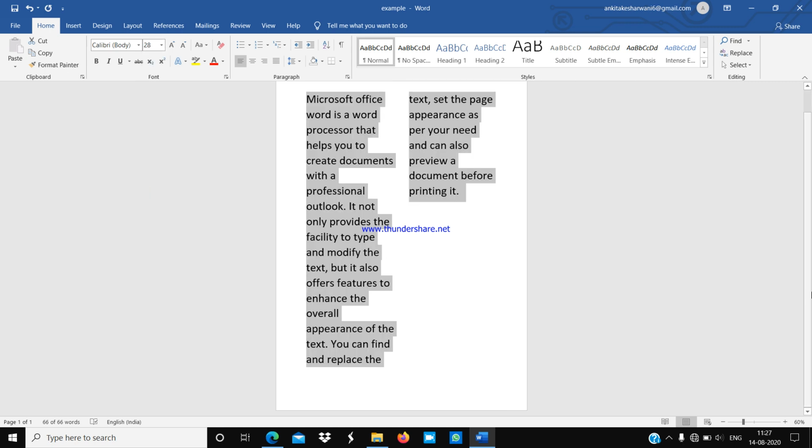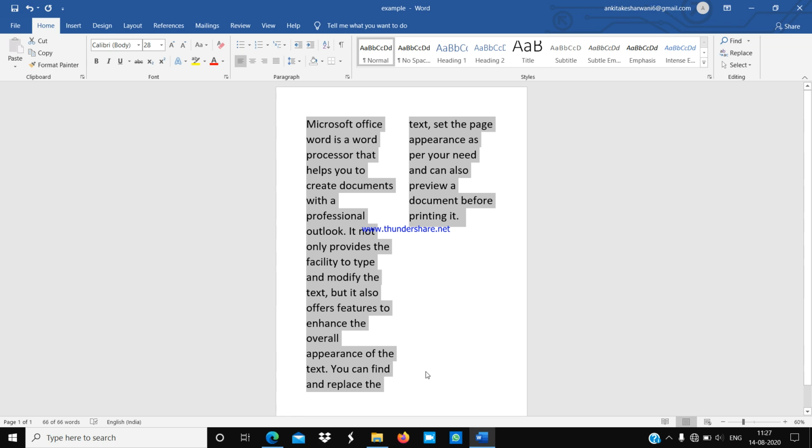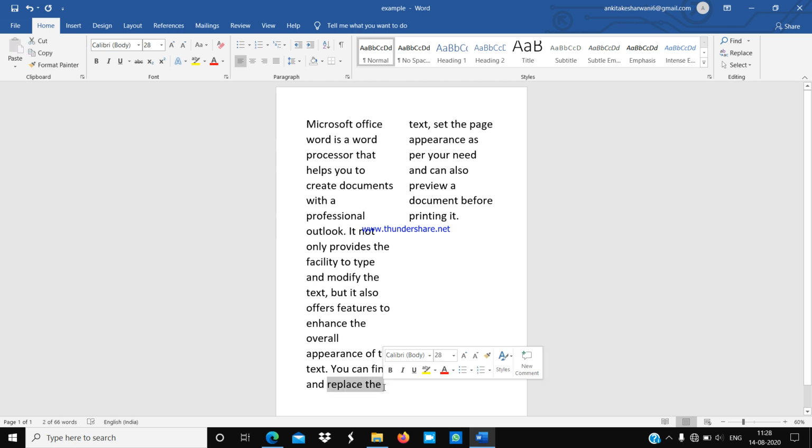You can see, now it is written in newspaper style. First, my single paragraph is covered in two columns. After the replace word from here, all the text that is written after this word, replacing whatever words are written here, will come up to column number 2 of the same page.